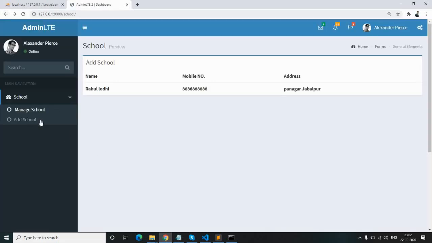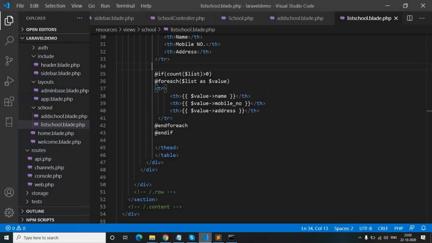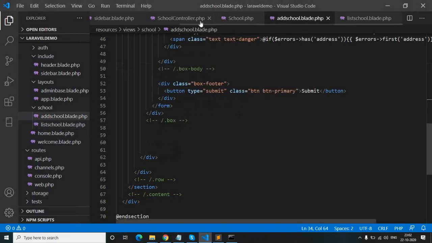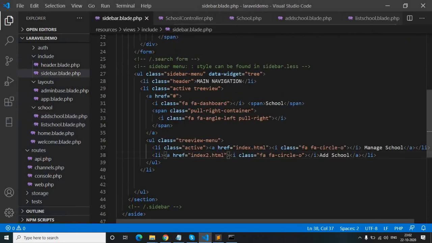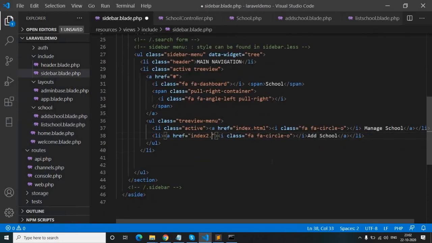Now we don't have links for the add form or list form inside the navbar. So firstly we will link the add form and list form inside the navbar. Here we have to write the route function, your controller name, your route name and dot create.